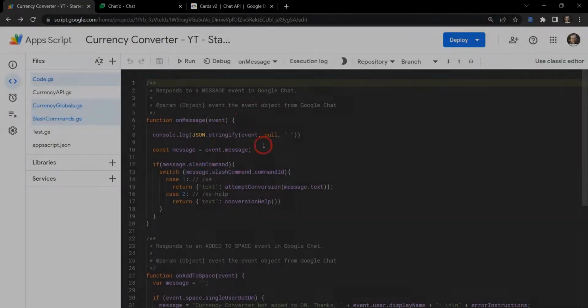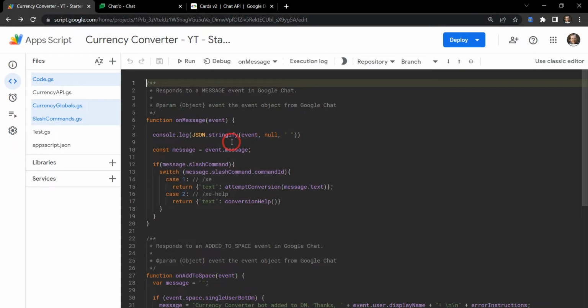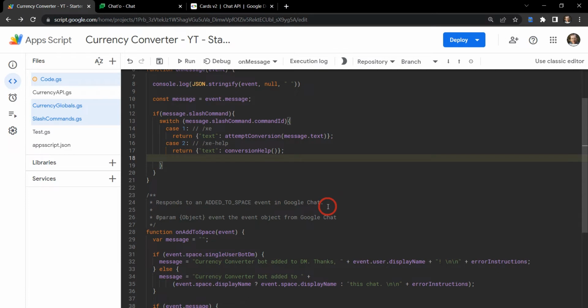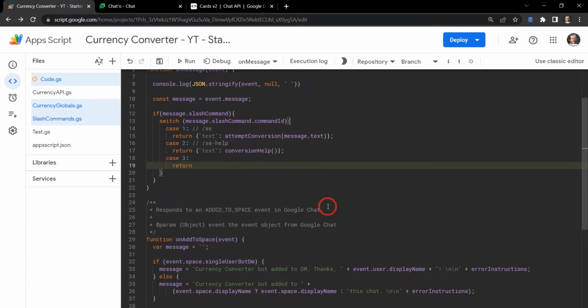So the first thing we need to do is create a new / command. And we're going to do that first by heading over to the code.js file that we have generated and our onMessage trigger function here. Now, in our onMessage trigger function, we have a number of cases that we have assigned to our / command. So we're going to build another case here. So let's just put a semicolon in and make our third case. So we're going to make this case number 3. We're going to return this time an entire function. And we're going to call that function